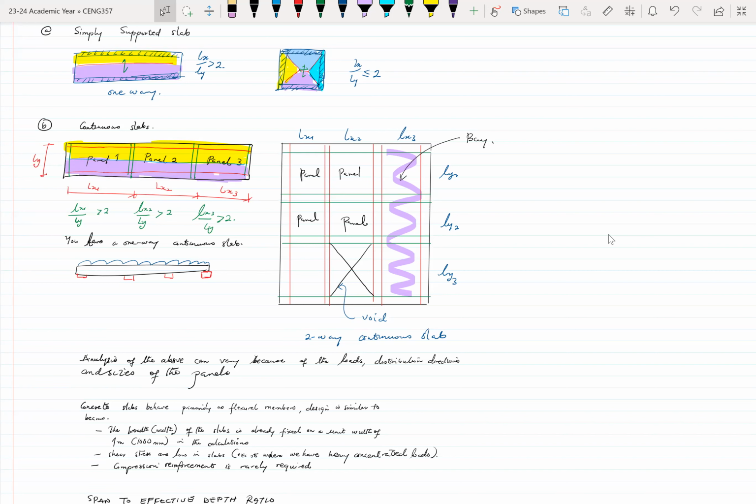Okay, so yeah, so we started looking at slabs, and the goal is